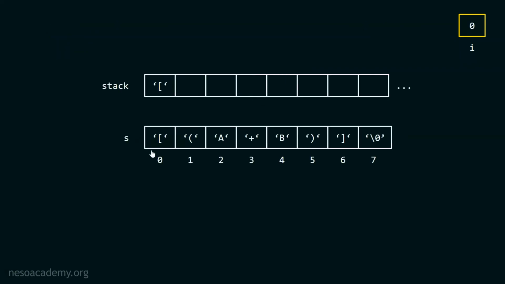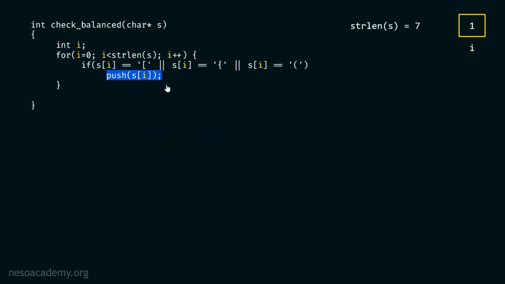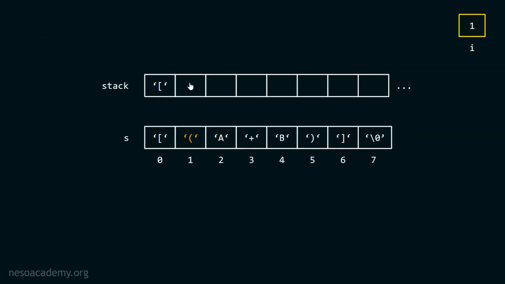We must check this, right? We know this that S1 is left round bracket. You can clearly see this over here. S1 is left round bracket. We must continue and push this symbol, this left round bracket, inside stack. Correct? This is what this push function does. Here, of course, at this position, we'll get this left round bracket. Correct? And obviously, we have a top variable which must point to this memory location, which means that that top variable will hold the index of this particular memory location. We know this that index of this location is 1 and index of this location is 0. Although I haven't specified it over here, but it is quite clear, right?